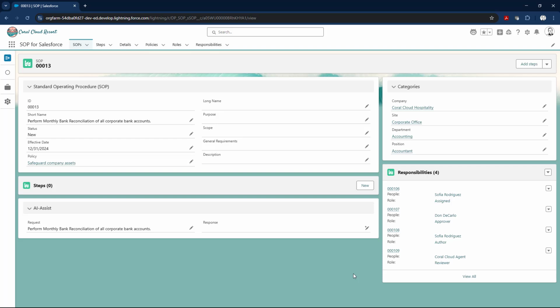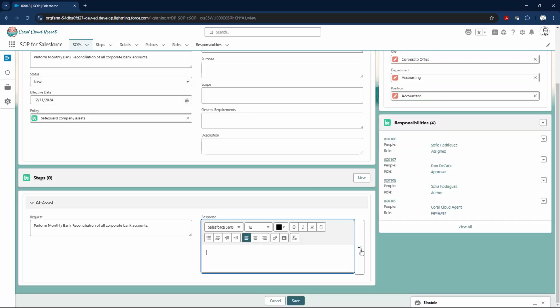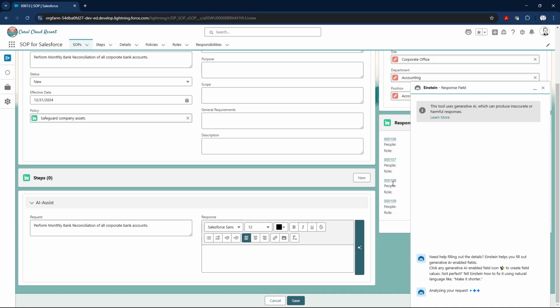And one of the things that I need help with is what are the step-by-step instructions for a monthly bank reconciliation. Obviously, that's a standard practice in most accounting departments, and so I wanted to leverage that outreach to the LLM to see what other people were doing. So to do that, I simply click on my interface, and now Agentforce will call out in a secure way